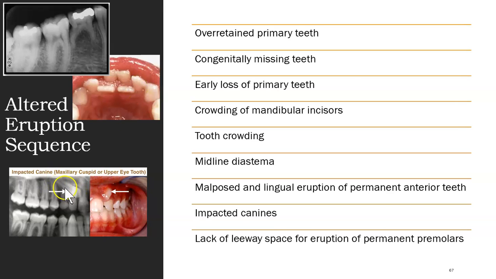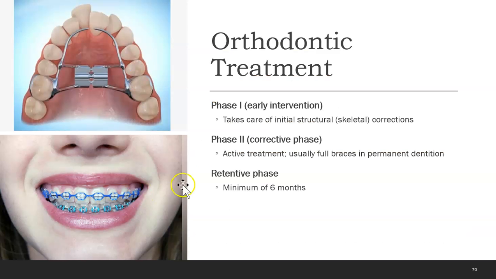Sometimes you can get an impacted canine, and again, if you have that, you need ortho work. So if you have teeth crowding, if you have impacted canines like we see here, if you have a diastema, if you have spaces in between your teeth, these are all reasons why you might need ortho, or why your client might need ortho. So phase 1, when you get a consultation done at age 7,